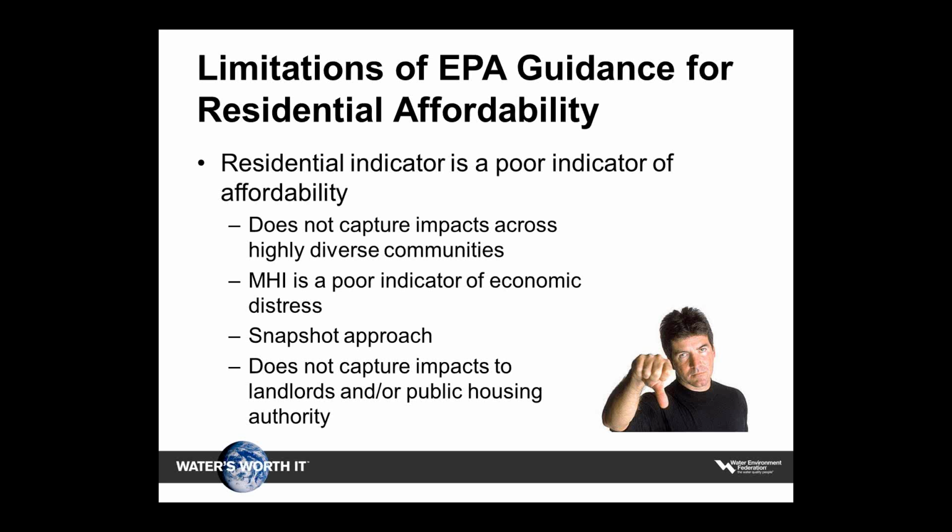And so Simon Cowell is not happy with EPA's residential affordability index, and for good reason. It's a poor indicator of affordability. It does not capture impacts across highly diverse communities. As mentioned earlier, why 2%? Why not 1.5%? There's no sound reason to pick 2% over another. Median household income is a very poor indicator of economic distress in a community. It's a snapshot approach at a point in time, and you don't capture the impacts on landlords, public housing authorities,